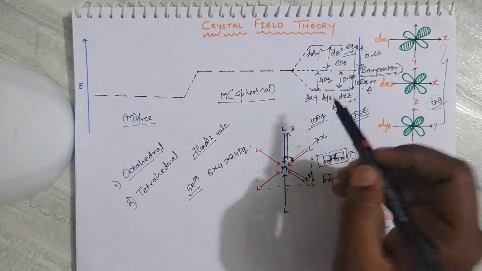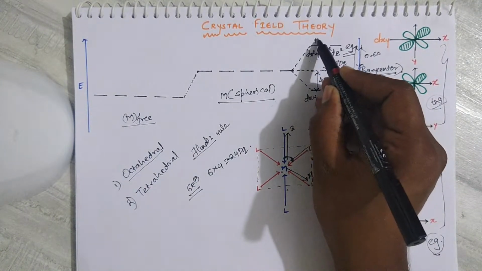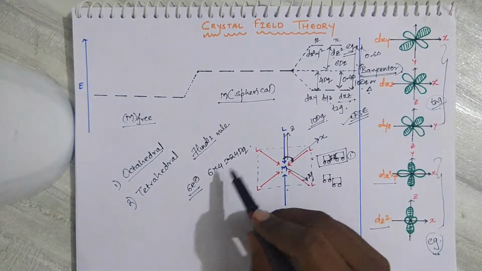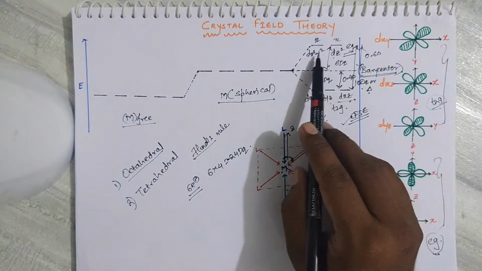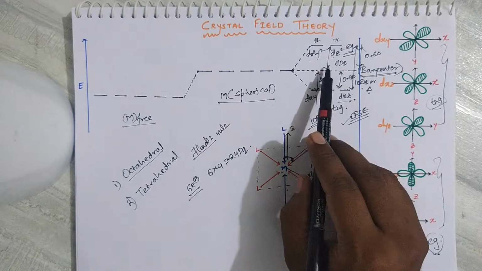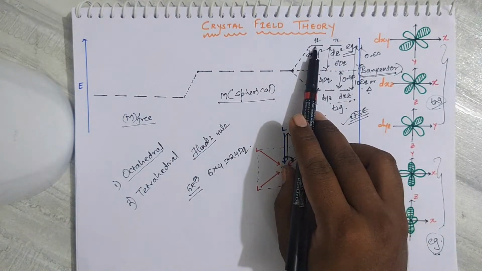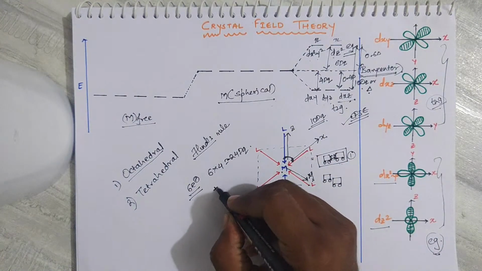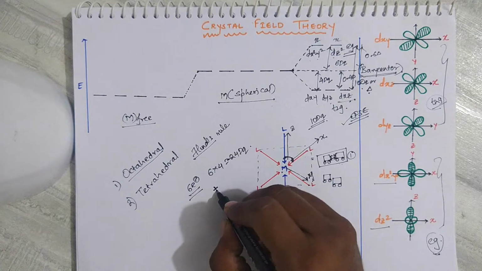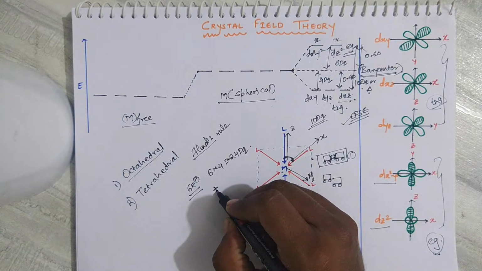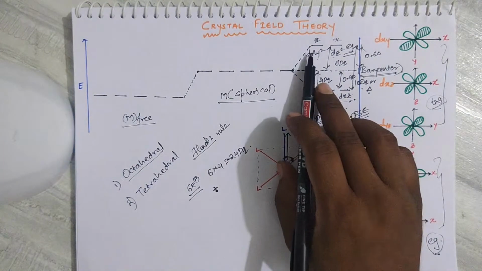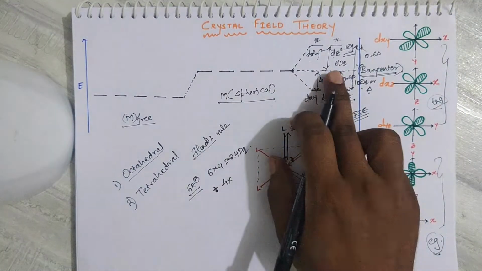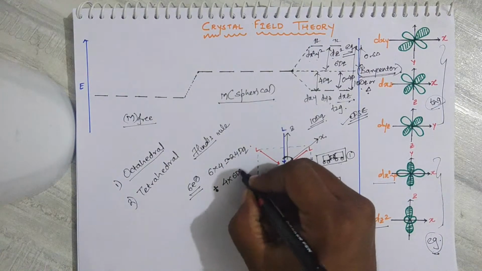Now suppose these orbitals are completely filled. In the higher energy orbitals, how many electrons can you put? You can put 4 electrons. If you put electrons in the higher energy orbitals, you get destabilization of the complex. Positive energy will be added, which will destabilize the molecule, the complex ion or the complex compound. So how many maximum electrons can you put? You have 2 orbitals, so you can put a maximum of 4 electrons. 4 multiplied by 6 Dq becomes